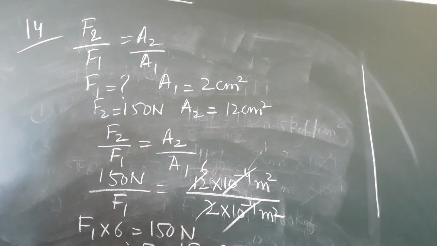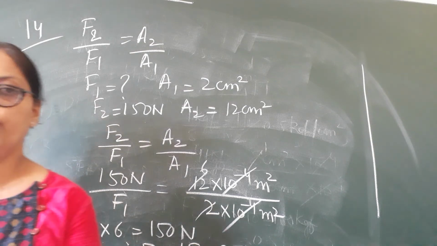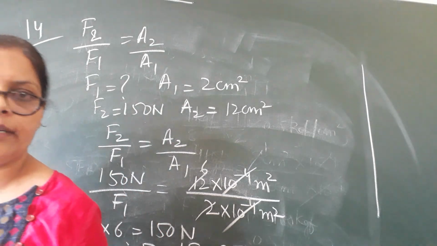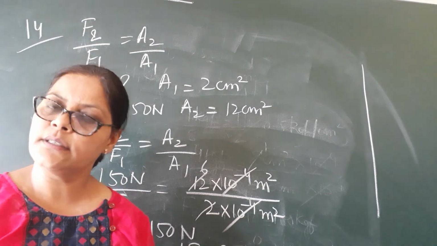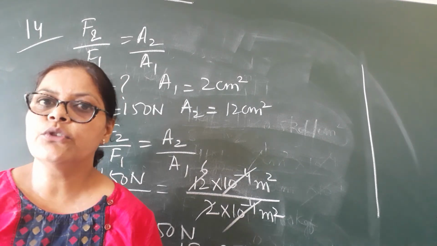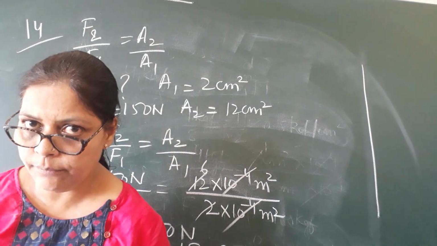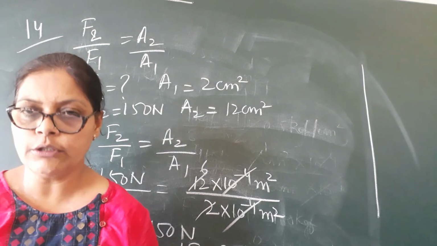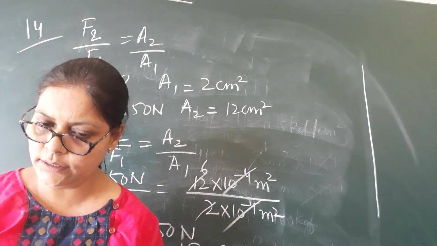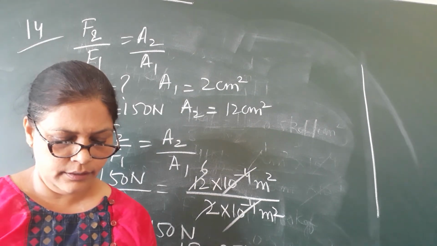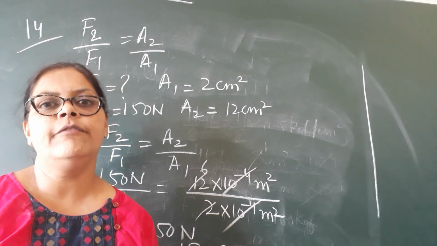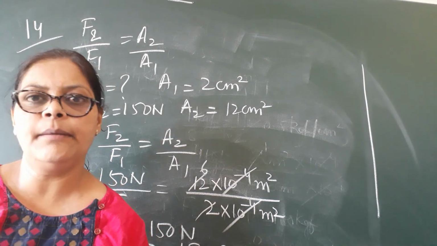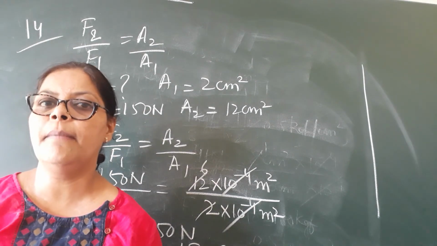You can have a look. This is the 14th numerical. Very quickly, I tell you, we have basically used 3 different types of formulas. First of all, we have used the formula pressure is thrust upon area. Secondly, we use the formula pressure is h rho g. Thirdly, we also use the formula of hydraulic machines in these numericals. And the most important thing is that when the diameters are given, we first convert it to the radius, that is divided by 2, and then we use the area formula pi r square.